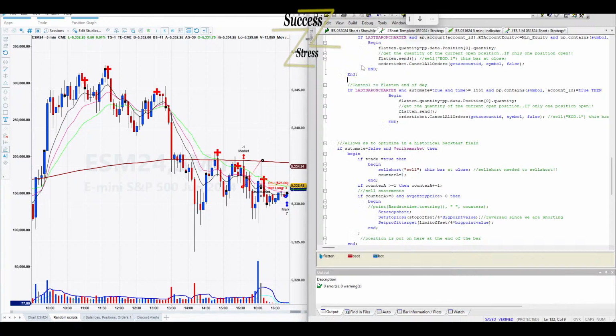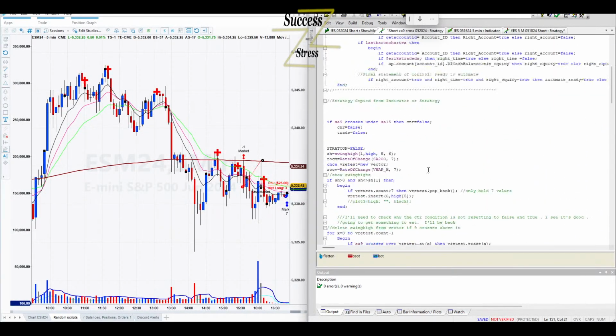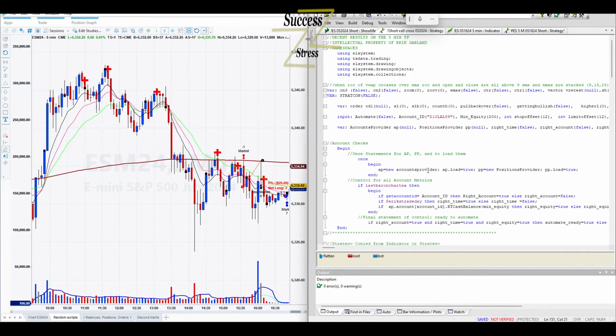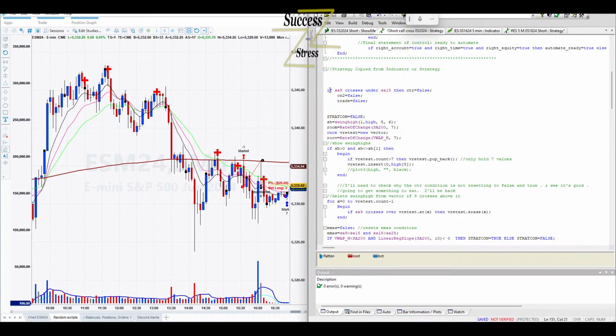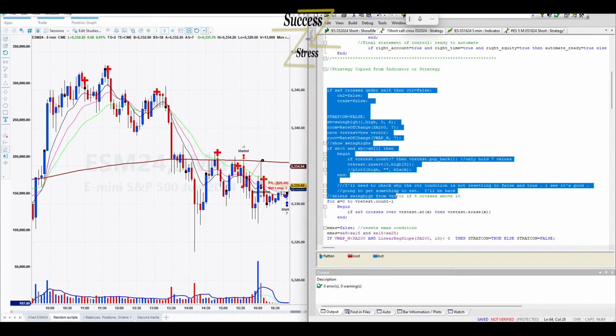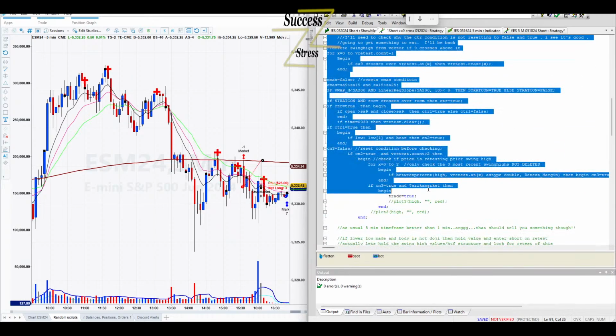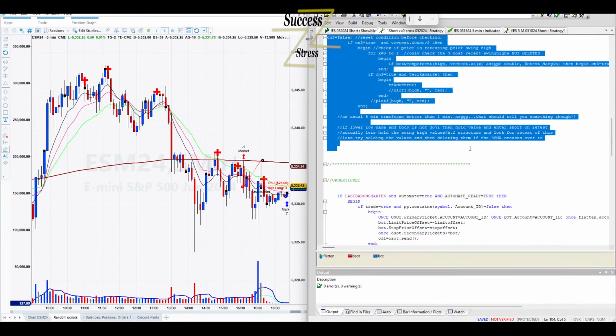File, Save as. Call this the crossing of the 9 under.